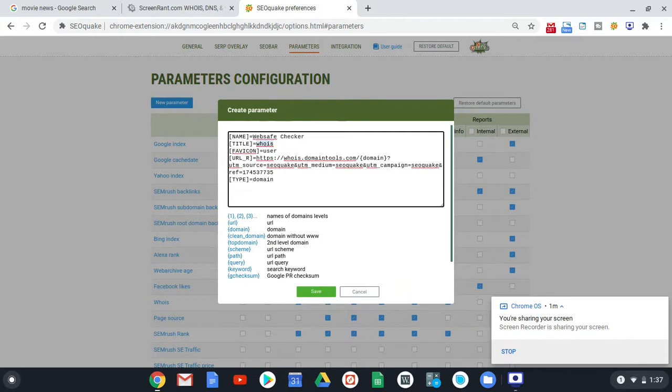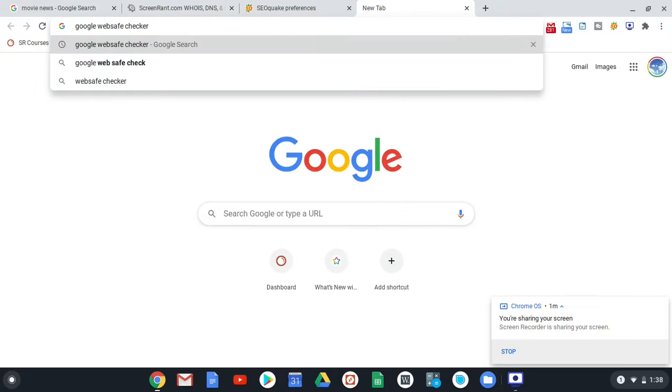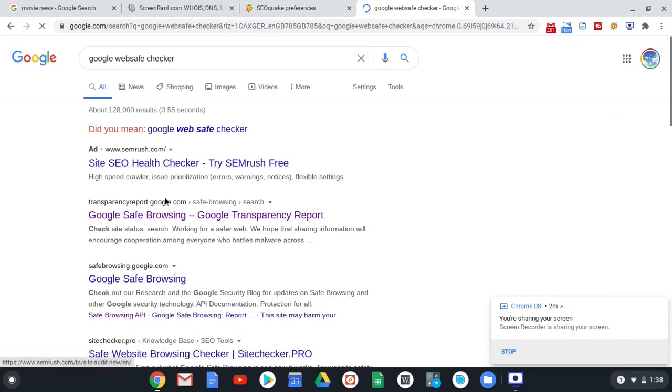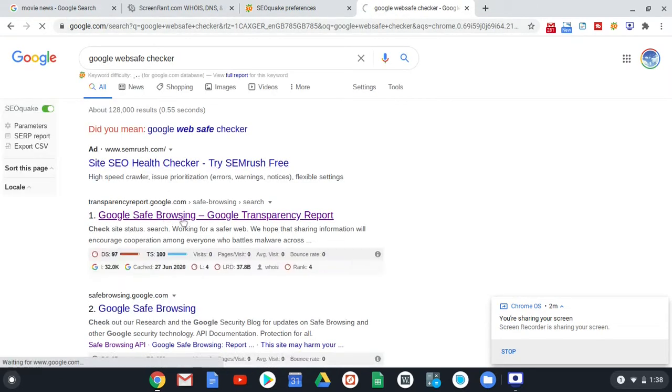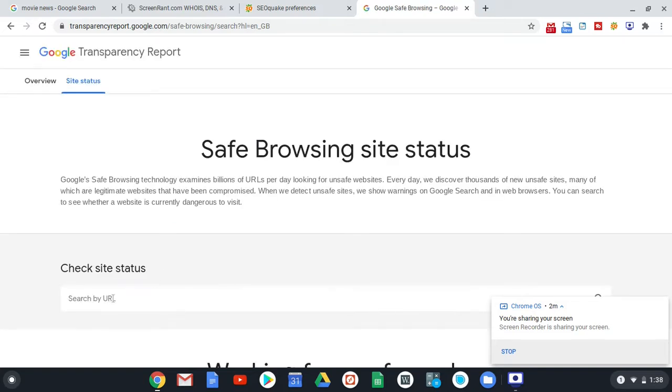The example we're going to use here is a service provided by Google for actually checking if a website is safe, but obviously any other site is available and you can just substitute in the various parts of either the URL or the domain, that sort of thing. So on this one, we basically just need to grab the URL. So I'll go to the page here, and then let's say for the sake of argument we want to check the actual URL of ScreenRant itself,